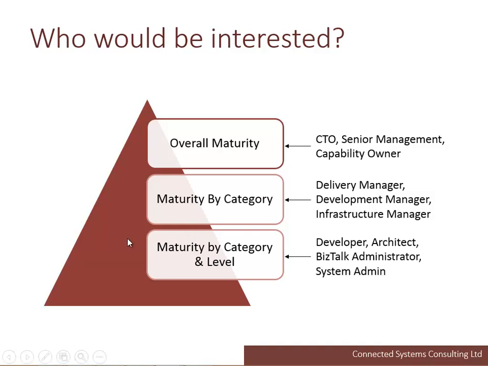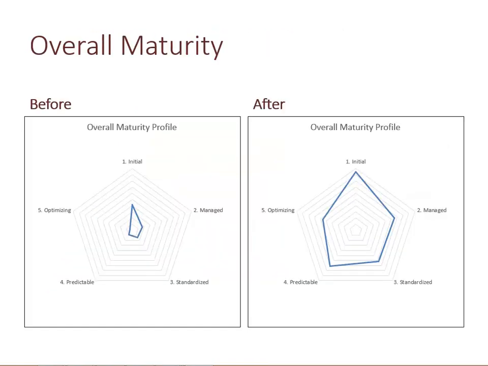The final level is by category and level, and this is really where we get down to the ground level, where we've got developers, architects, administrators, or system admins, and they'll really understand the detail of the questions that relate to their particular category. They'll be the ones looking for the key improvement opportunities and actually be able to implement them. So you can see that from the maturity assessment, we're able to produce data targeted at three different types of audience. So if we do a quick recap of some of the data that's available to you from the assessment,